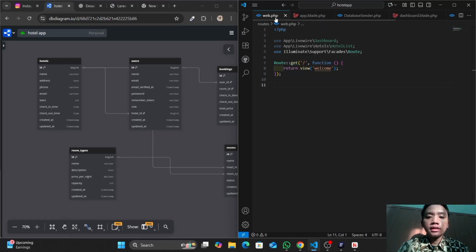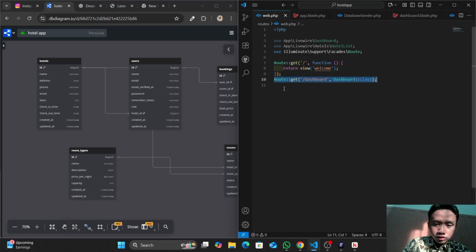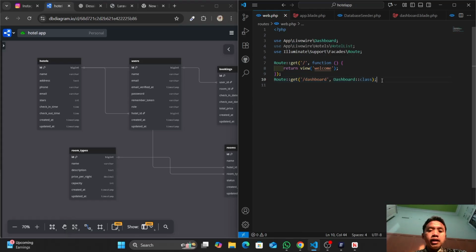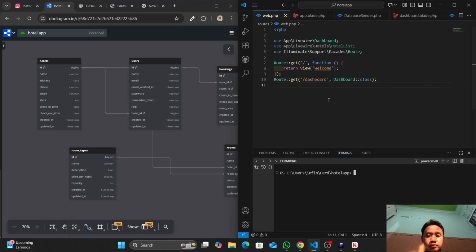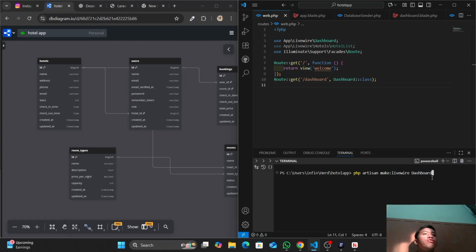All right, follow it all. And what's more, this is root. For root, you can write the root for the dashboard first of all. Oh yes, you have to make a component for the dashboard. Before you make the root for the dashboard, you have to make a component and view.